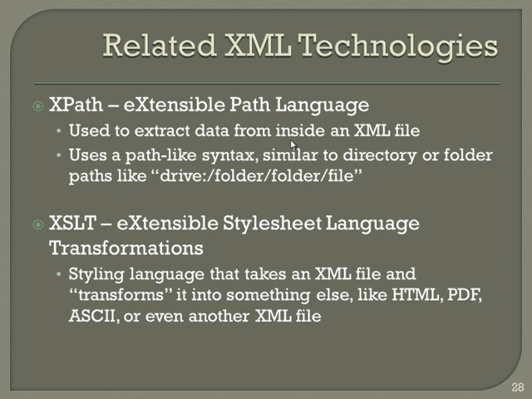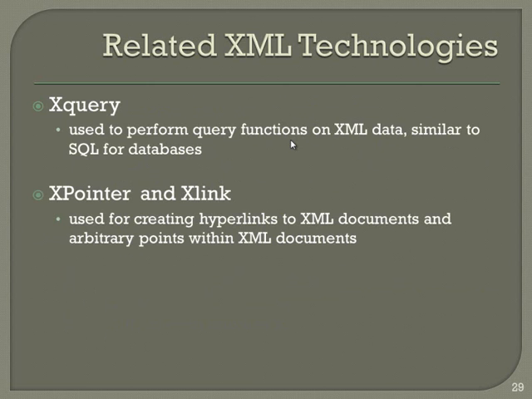There are a few other technologies related to XML. One is XPath. The second one is XSLT. XPath is a way in which you navigate through the different parts of the XML. You see this in your practical classes. XSLT, I've already told you, is a way in which you transform an XML document into something else. It could be a text document, or a PDF document, or something else. This is the way in which you transform the XML.